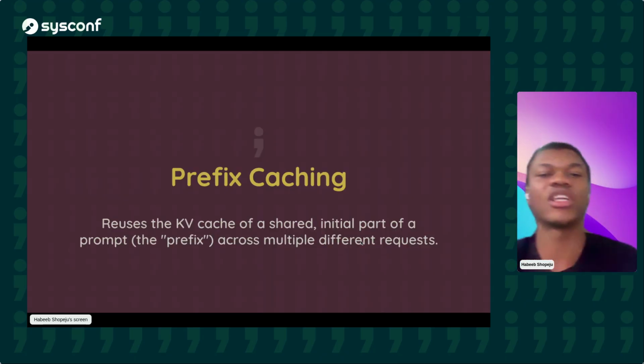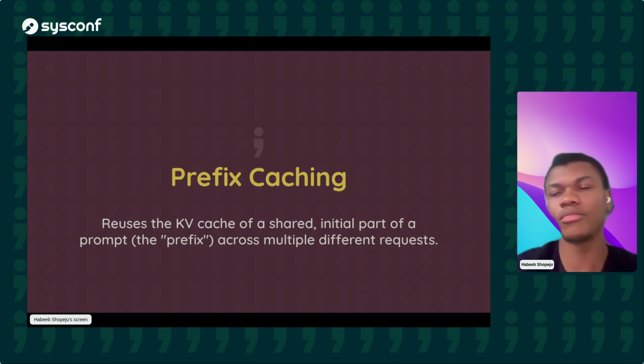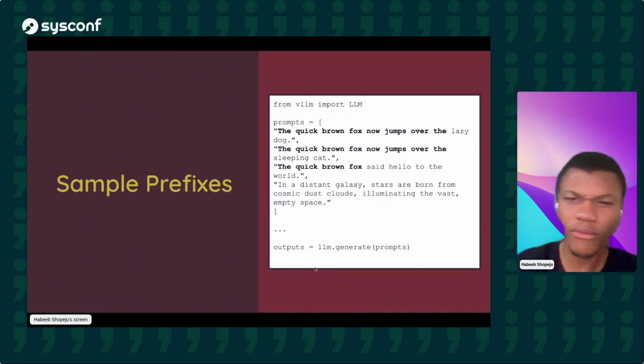The third part I'll be looking at will be prefix caching. Now, prefix caching essentially says if you have 3 requests coming in, 4 requests, whatever, more than 1 request, and each request shares at the prefix the same part of the prompt, is there a way in which you do not need to recompute the KV cache for every single one, given that they are sharing that part of the prefix? Hence, it reuses the KV cache of the shared initial part of the prompt, that's the prefix, as I said, across multiple different requests. So look at this.